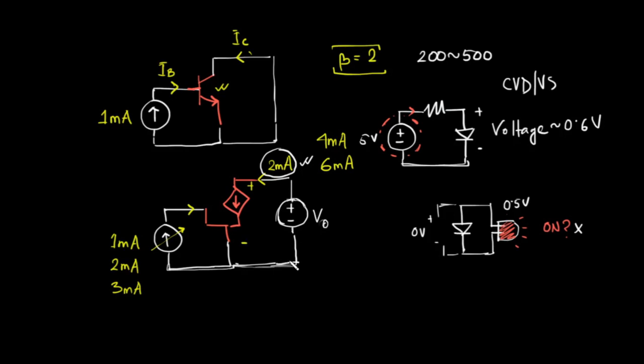But when we try to build amplifiers, we usually want to build it in such a way that our input signal will be a voltage signal and the output signal will also be a voltage signal. So how can we do this? I mean, the input is a current and the output is also a current. Is there any way to produce the input current using a voltage source and use the output current to produce a voltage?